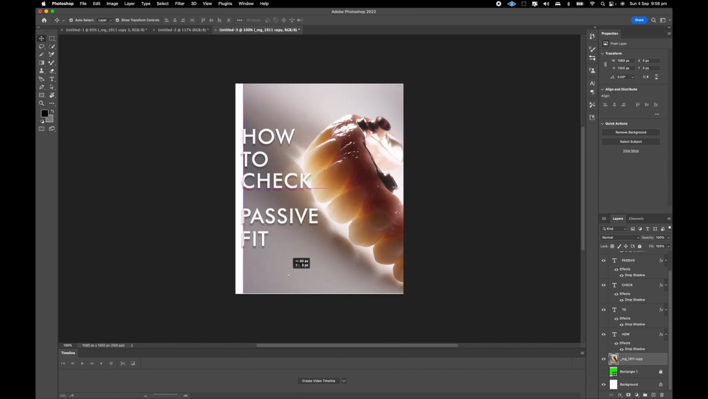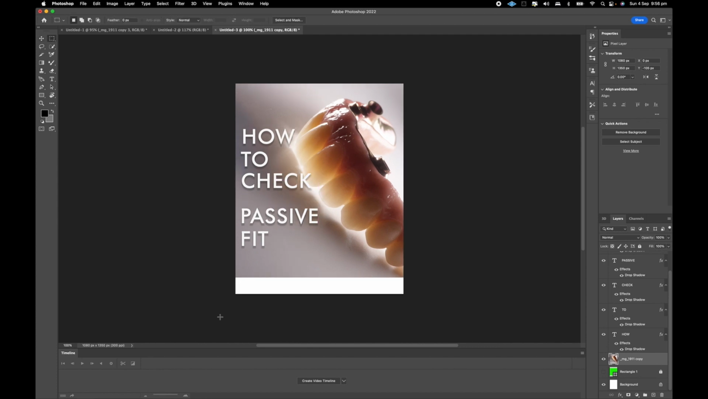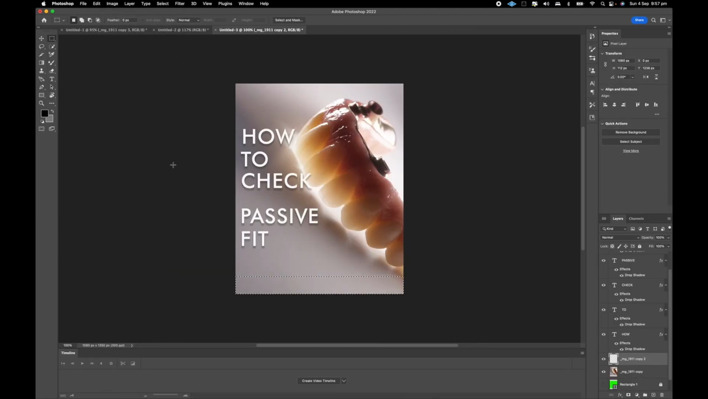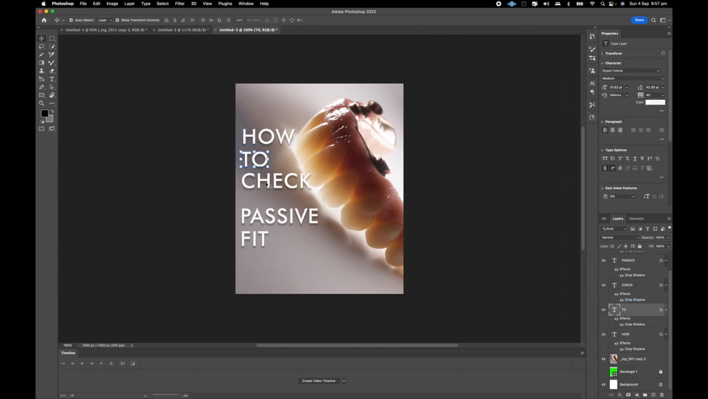Can we move it up a little bit so we can add to the lower border? And then we would just want to fill this here. So content aware fill. Amazing. Yeah, cool. And then highlight these two and merge layers. So now what we can do is align them and position them right,